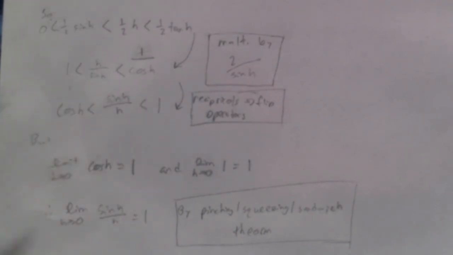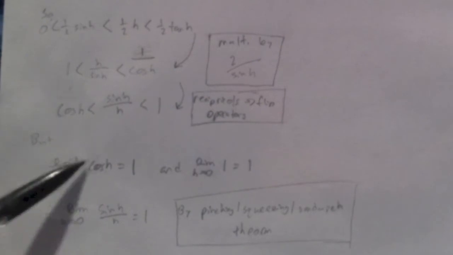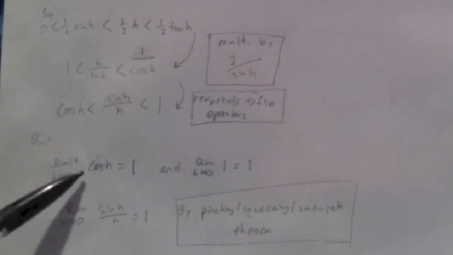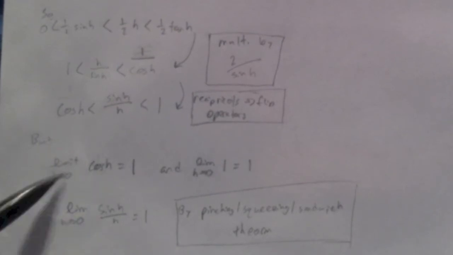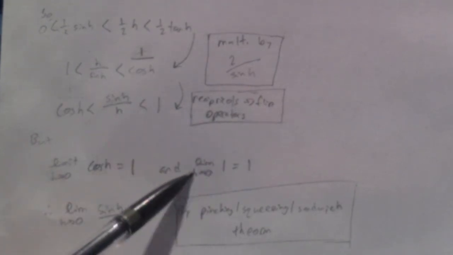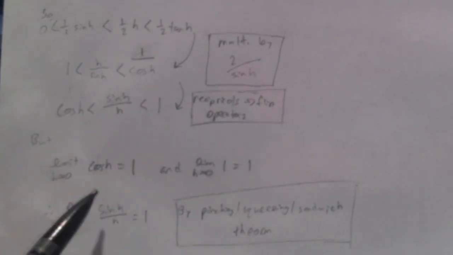But we know that the limit as h approaches 0 of cos h equals 1, because in the first part of this 3-part series, we saw that you can just plug in the number, as long as it doesn't give you a zero denominator. Plug in 0, you get cos of 0, which is 1. And you also know that the limit of 1 as h approaches 0 is just 1 because it's just a flat line,